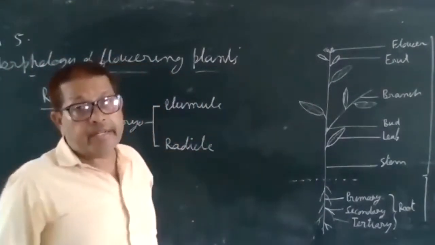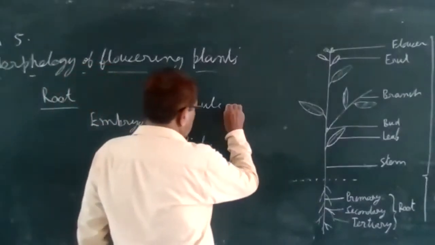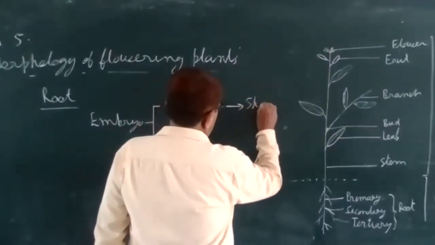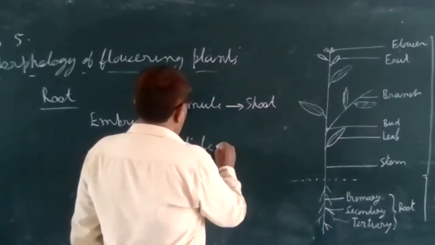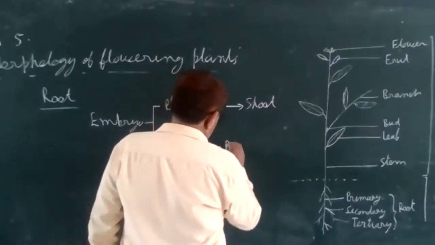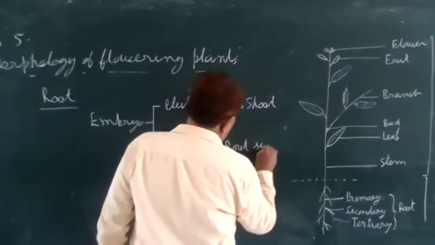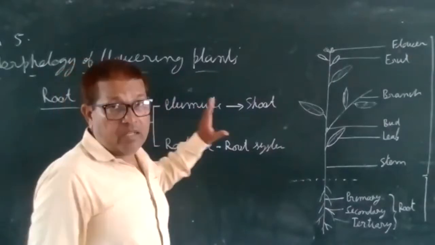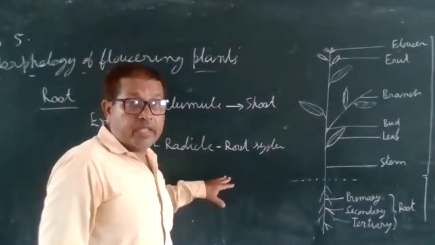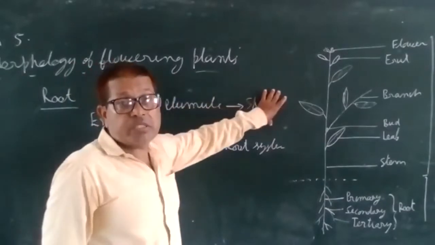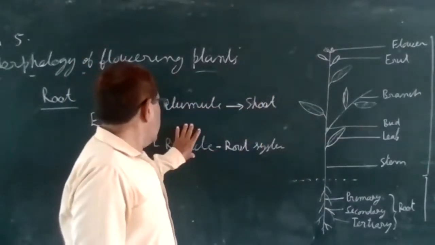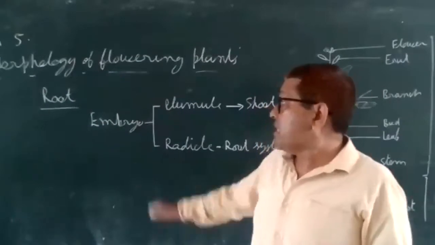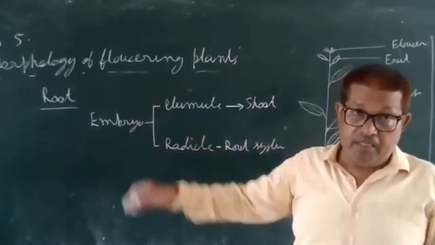Plumule and radicle. This plumule gives rise to the shoot system, whereas radicle gives rise to the root system. So two structures are there. The embryo consists of plumule and the radicle. Plumule produces the shoot, while radicle develops into the root. Since we are studying the root,